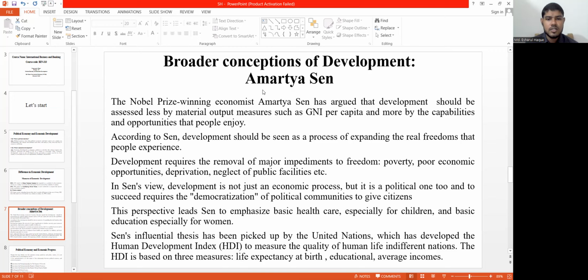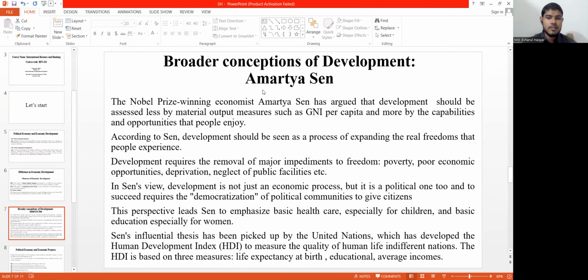So here also, disclosing political views emphasizes democratization. Democratization means a government of the people, by the people, for the people. People select their representatives who do the work according to the public interest. So here Sen's influential thesis has been picked up by the United Nations, called the HDI, Human Development